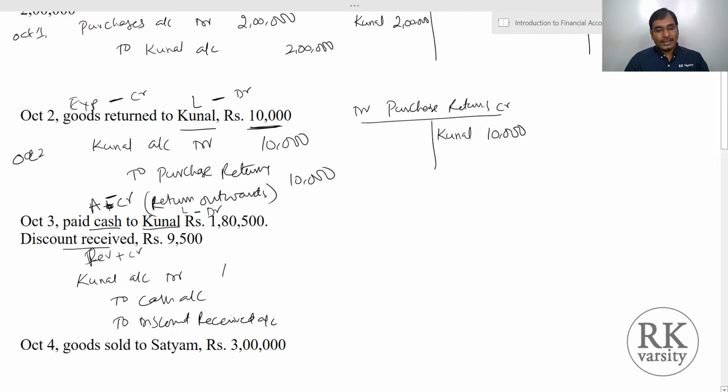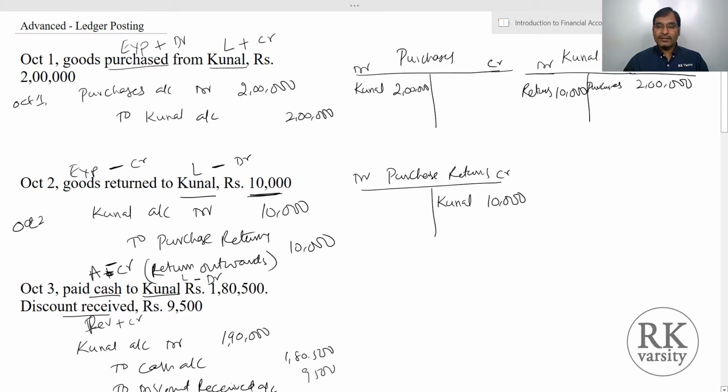So 1,90,000 is the amount to be paid. And how much cash we paid? 1,80,500 cash we paid, and 9,500 discount we received. Now already we have a Kunal account. So here in the Kunal account, liability decreases. So here we write a cash